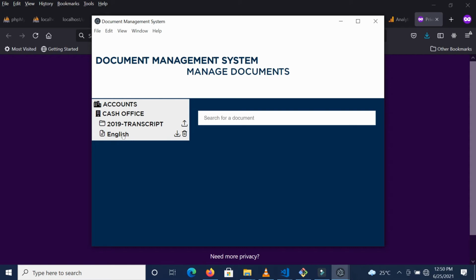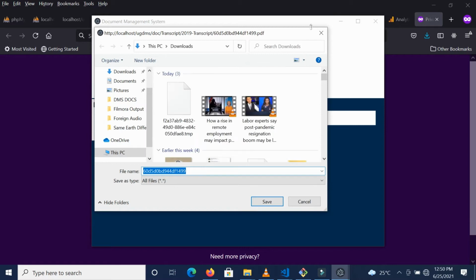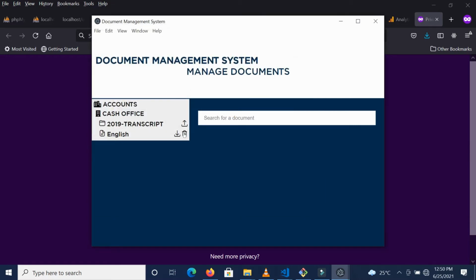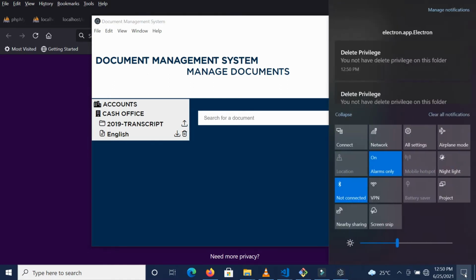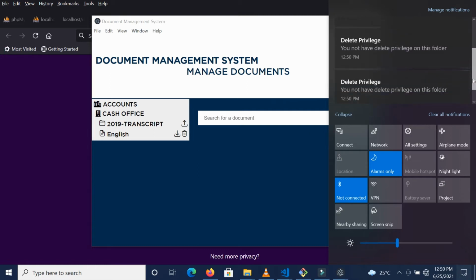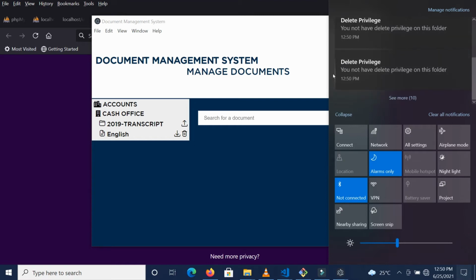the document that the administrator Frank uploaded. But when I click on this, it says I cannot view because I don't have the permission. I can download, because there is a download permission, but I cannot delete either. So those are things I cannot do. You should see certain notifications, but my screen recording isn't showing them. It says you do not have the delete permissions and so on. So you cannot delete